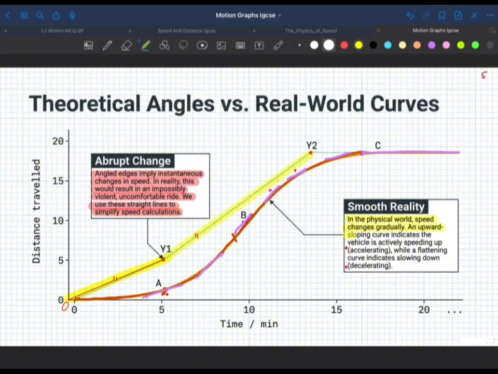An upward sloping curve indicates the vehicle is actively speeding up, यानी acceleration हो रहा है, while a flattening curve indicates slowing down, यानी deceleration हो रहा है। तो अब आप क्या कह सकते हैं कि आपके पास जो रीजन है वो क्या है कि यहाँ तक जो है वो आपके पास मिसाल के तौर पर एक्सेलरेशन होता रहा, और इस पॉइंट के बाद आपने देखा कि बॉडी जो थी वो डिसलरेट हुई और आहिस्ता आहिस्ता यहाँ पर वो जाके